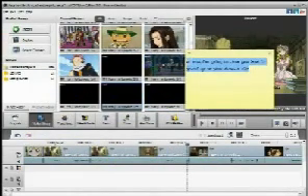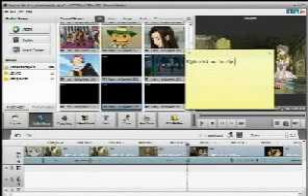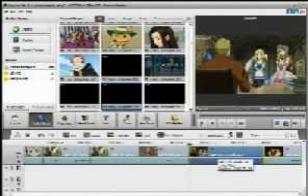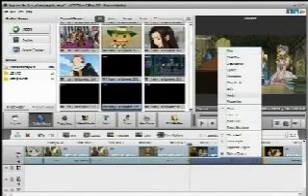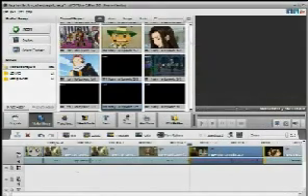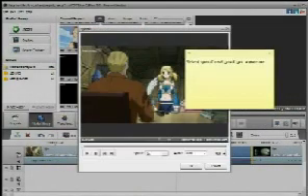Okay, so the next thing I'm going to show you is how to change the speed of a scene. All you have to do is, once you've sectioned off your scene, you just right click on it and get that little pop-up menu, and you click on speed. And then you'll get another pop-up,